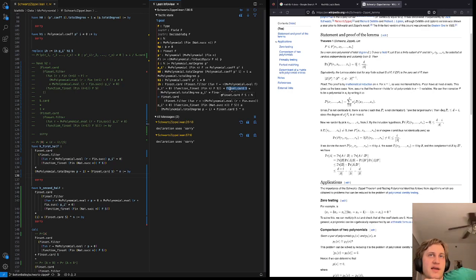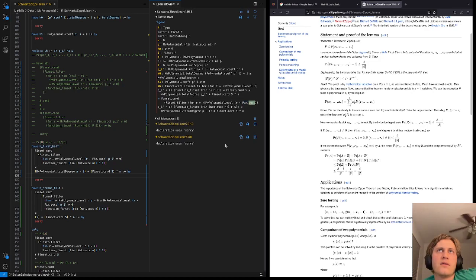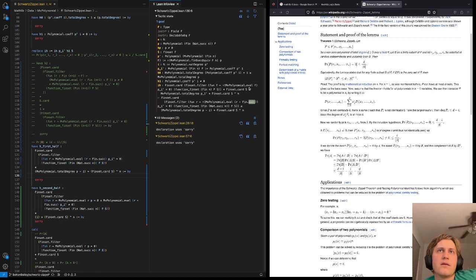I think the point is that fin.suck, what exactly does it do, how do I go to this? Like, how do I go to definition? This is,